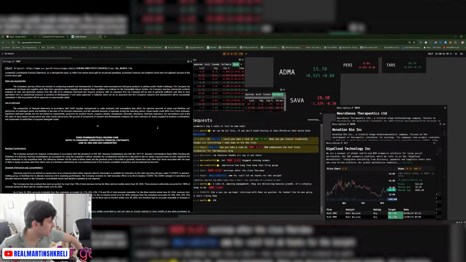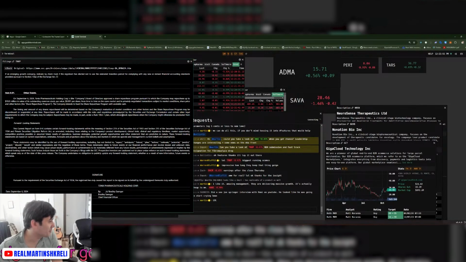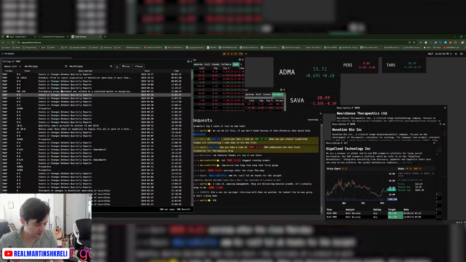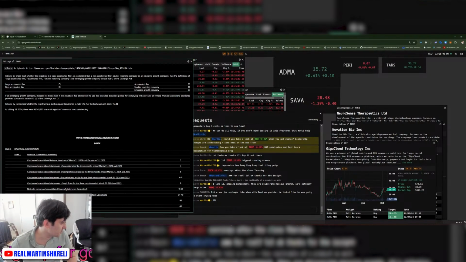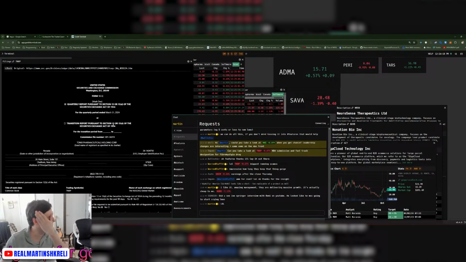Maybe they did a split. Maybe they did do a reverse split. Share repurchase program. Yeah, I think this is the right number of shares. I didn't know they had revenue. That's kind of crazy. Yeah, they had a lot more shares outstanding, and I did think they reverse split. But yeah, they have like 10 million in revenue. I mean, they're spending more than that. But so I guess, how are they funding the company?